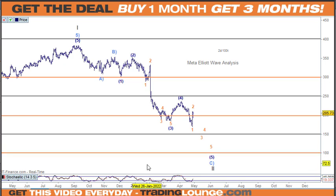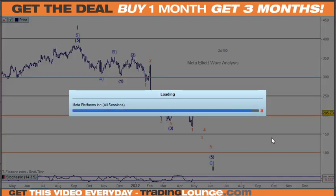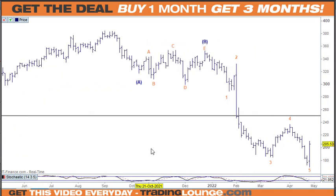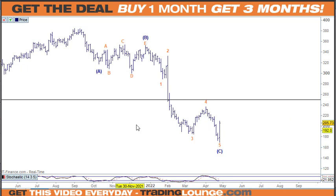I can see that I can count it differently as well, but if the rest of the market's going, I mean, I could see first of all that I could put wave 5 in here and be done here. We had another way of counting this, a little bit different. We could count it like this as well, with an A wave here, and A, B, C, D, E here for the B wave, 1 and 2 and 3 and 4 and 5, just to keep it simple. But look, if the rest of the market's going to be going down,